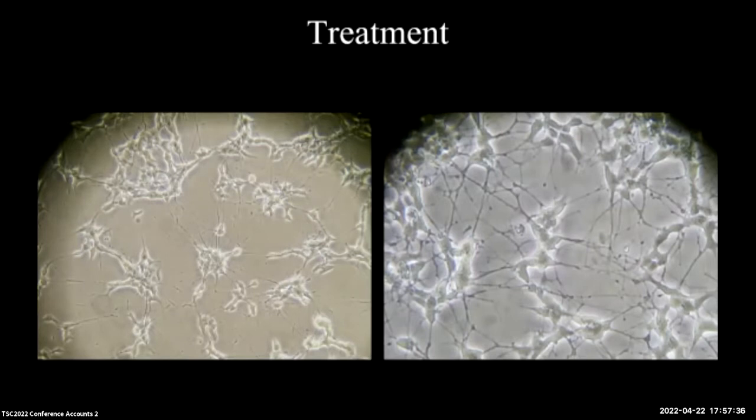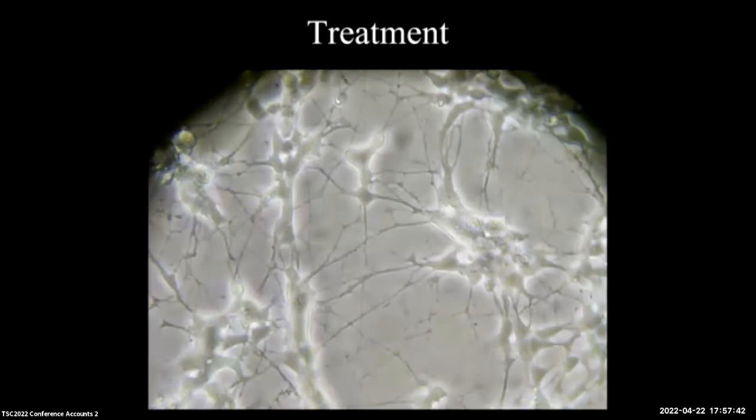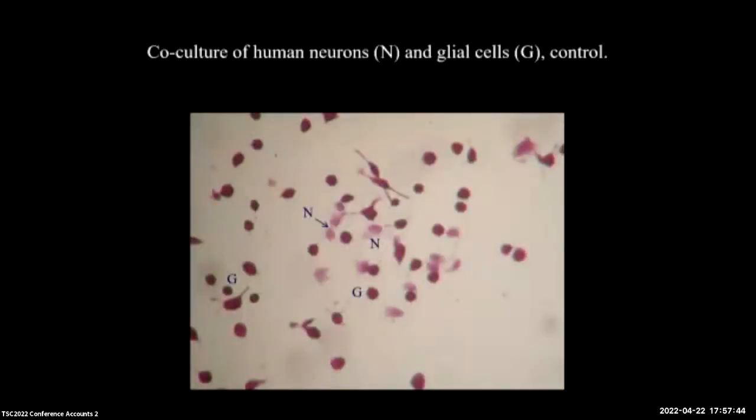And so you can see again the change in shape and the increase in number of connections. And again, another field. Now, then we did something else. We co-incubated neuronal and glial cells. The neuronal cells are those pale pink here, and the glial cells are those darker.